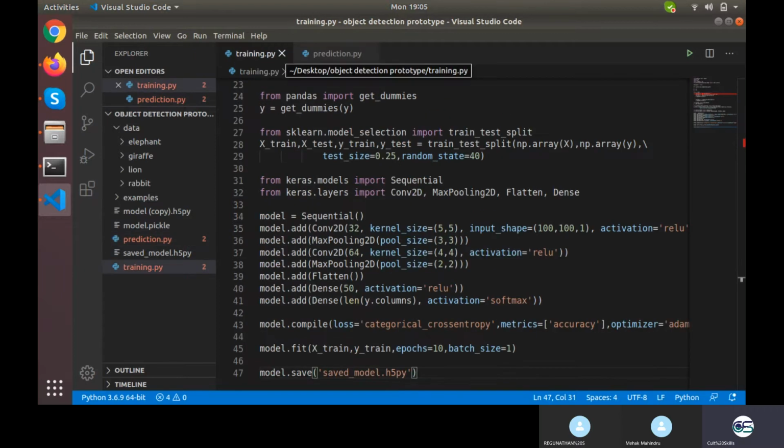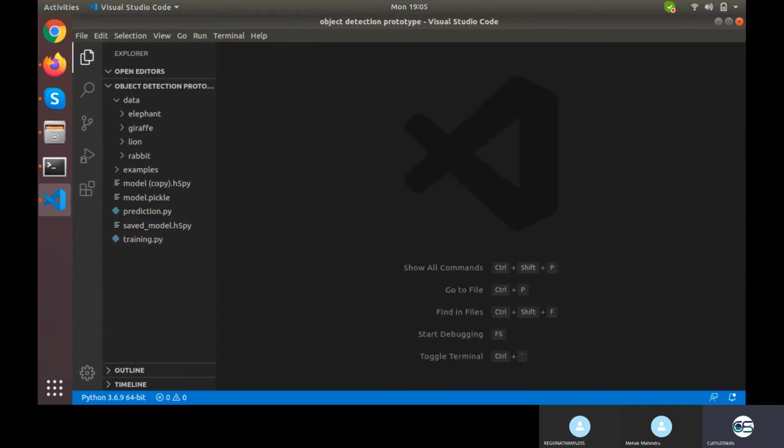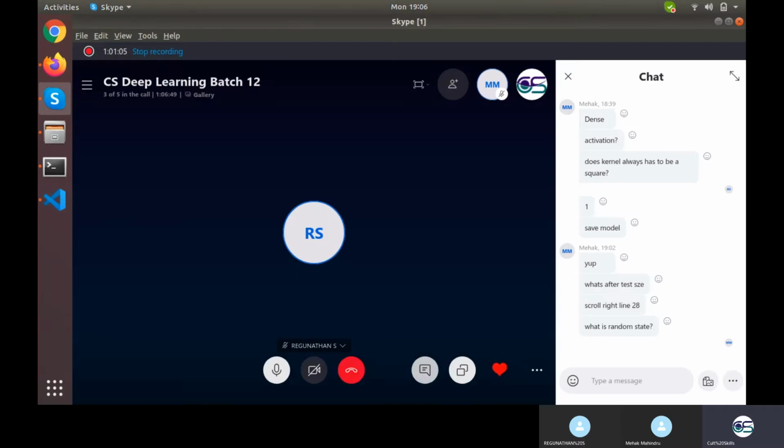Now what I want is for you to write the entire code, scrape some images from Google, and come up with an object recognizer, and you have 20 minutes for that. I wrote the entire code in 1 hour with all the explanation, even less than 1 hour. I want you to write the entire code without any explanation. Now you know what to write, now you know what to do. Do it in the minimum amount of time. Whenever there is an error or so, I would be there to rectify that. And I'll come to Skype as of now.